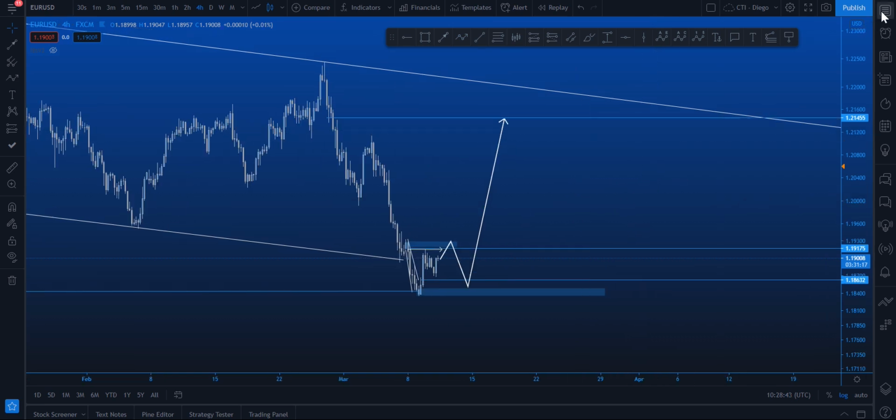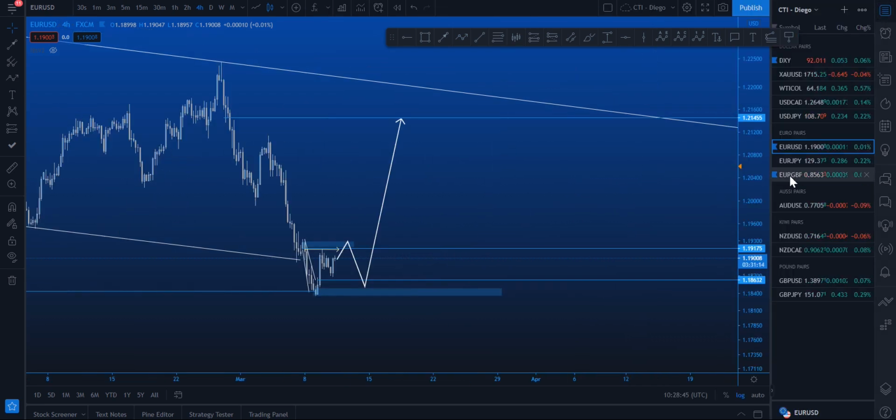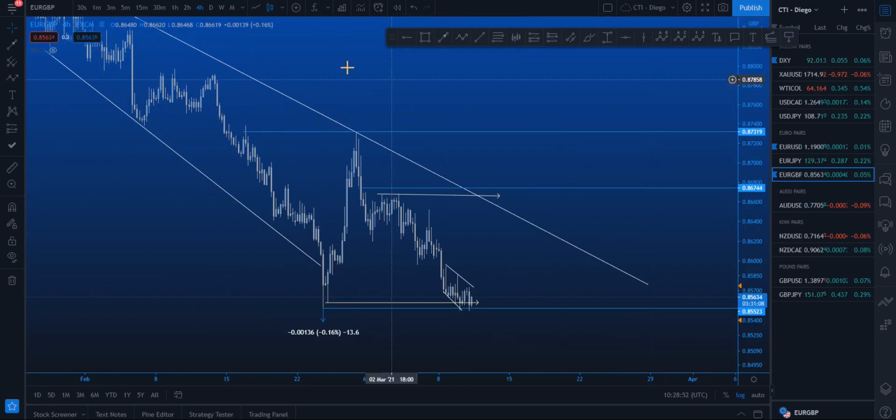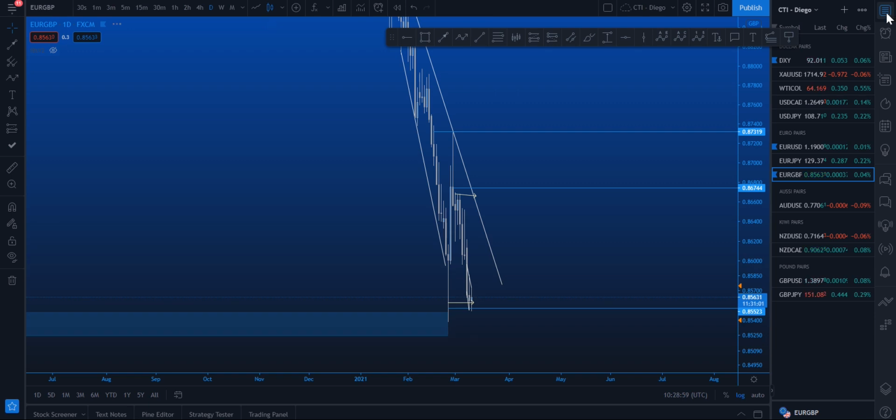Next on the watch list is Euro Pound. So Euro Pound is a trade I've been forecasting for a while. I've actually been triggered in. Again, just to give you guys an update on the actual forecast, if we zoom out to the daily time frame,